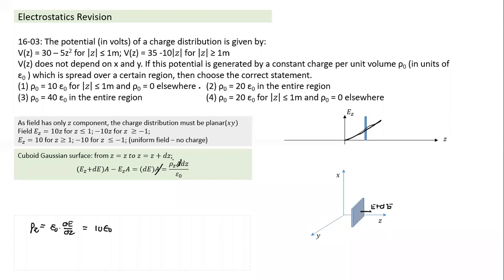So that was one example we had taken, and volumetric charge density will exist whenever we have a sheet kind of charge distribution. Had this function been a cube function, the field also would have varied as a square function. And in that case, d by dz would also have been a linear function. In that case, the charge density also would have varied as a linear function of distance from the origin.